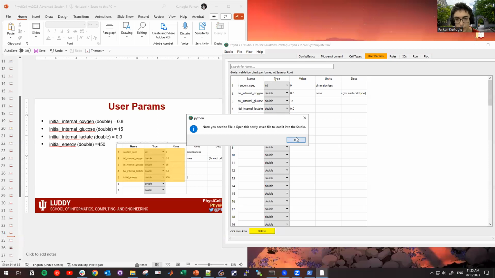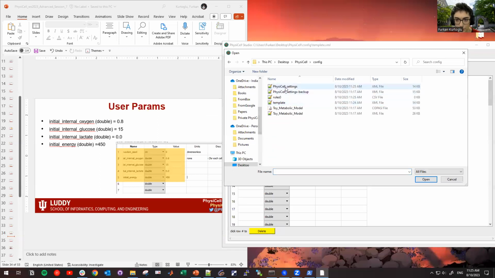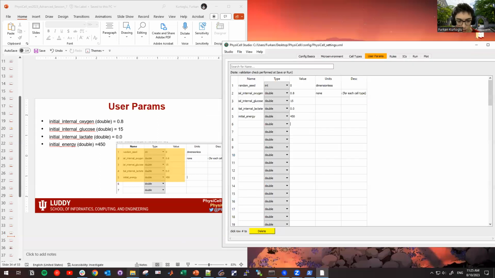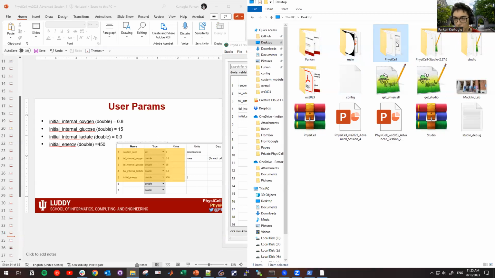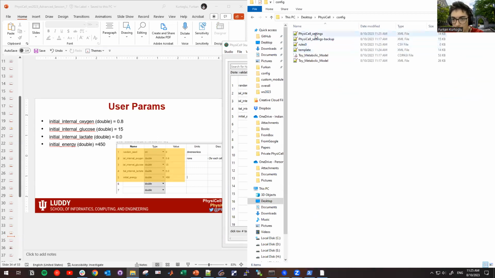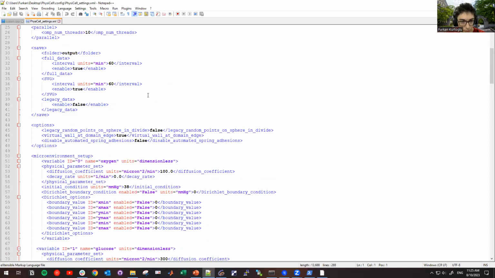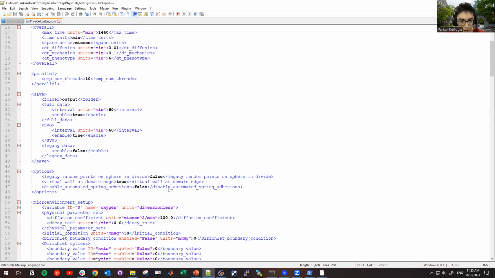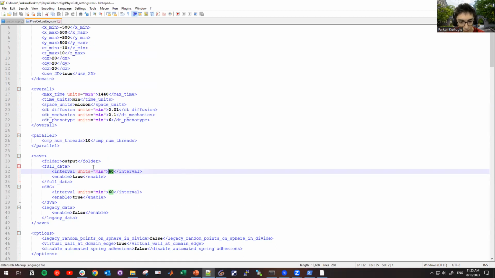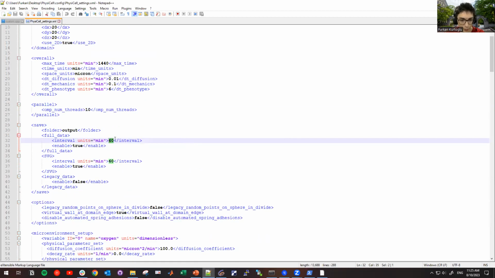I need to open the, yes, and I think I don't need to do that because we will be going to the coding part, but let's see. Okay, if we check this one, everything looks okay, except I forgot this. The saving output will be every 30 minutes instead of 60, so we will see more fine